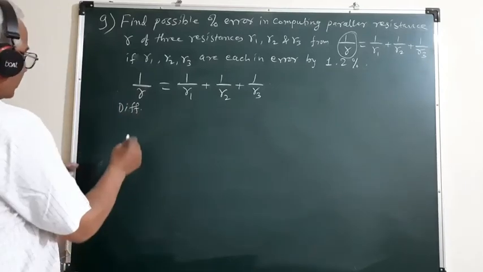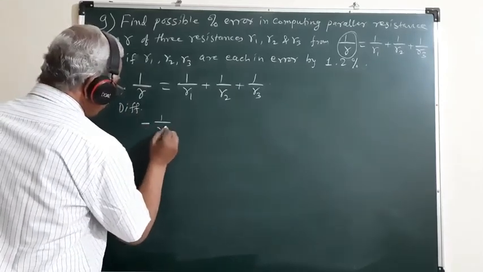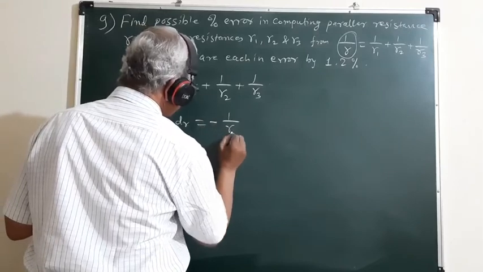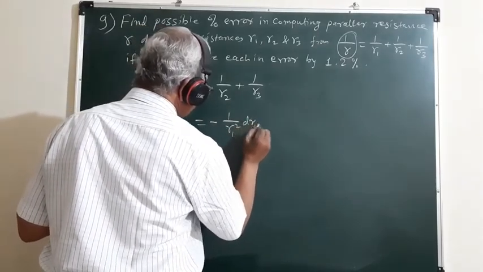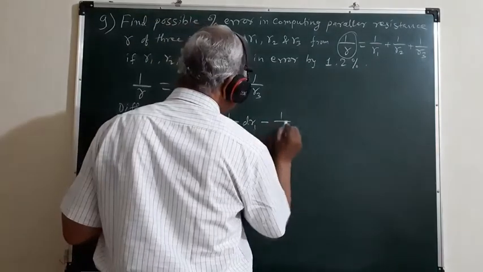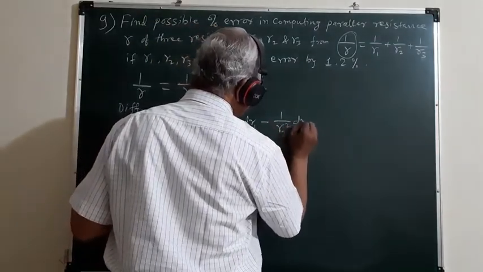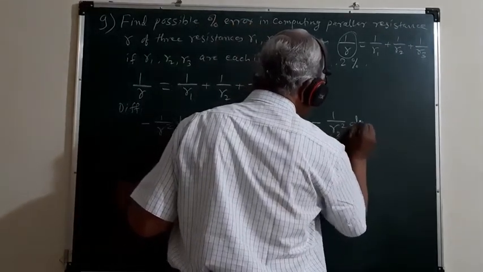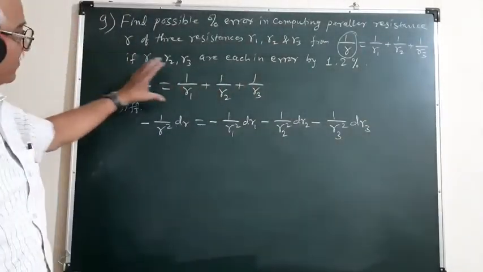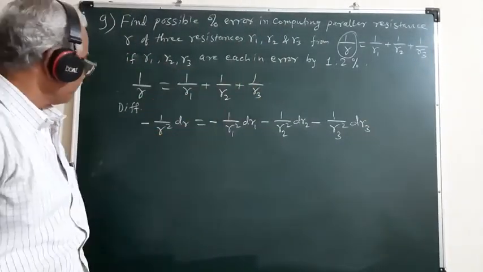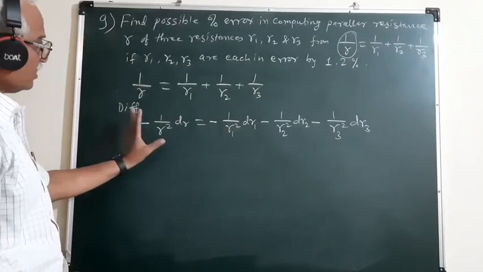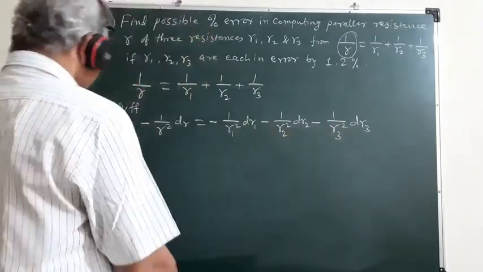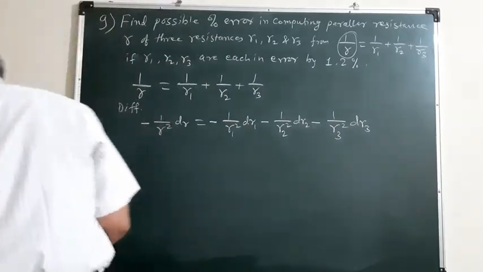differentiating this expression, we get minus 1 upon R square dR is equal to minus 1 upon R1 square dR1 minus 1 upon R2 square dR2 minus 1 upon R3 square dR3. So if we differentiate this expression, we will get this. Now, since every term has the negative sign, we can cancel out the negative sign, and by rearranging this